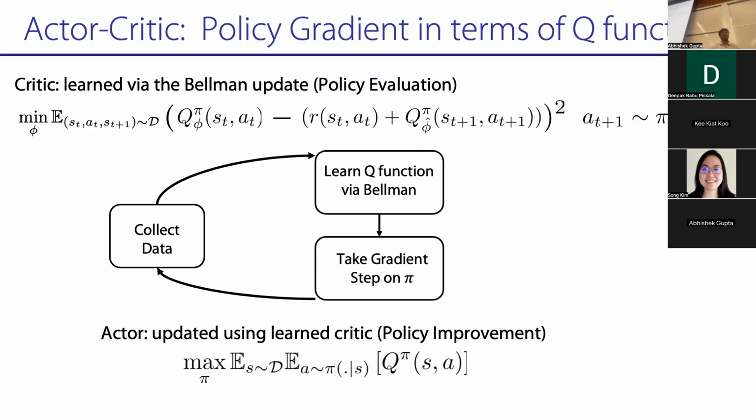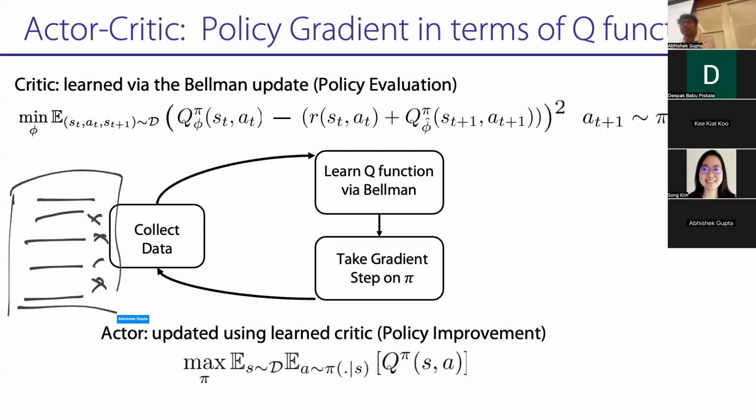Question. Yes. So you are collecting data online, but you're using all of the data in the past. What policy gradient does is, let's say you had data at all of these iterations, it throws away all of this data. In this case, you're going to collect data online, but each time you do this update or this update, you use all of that data.